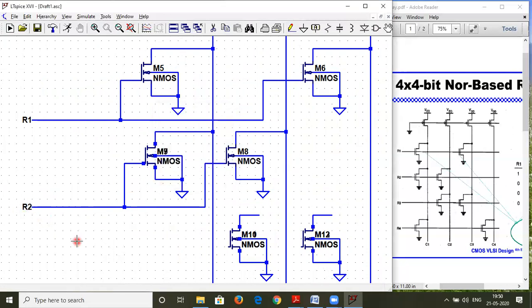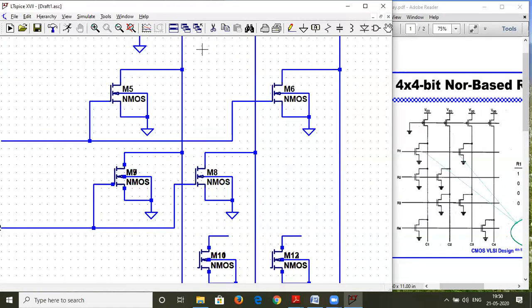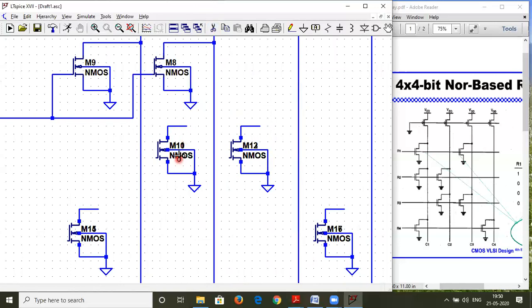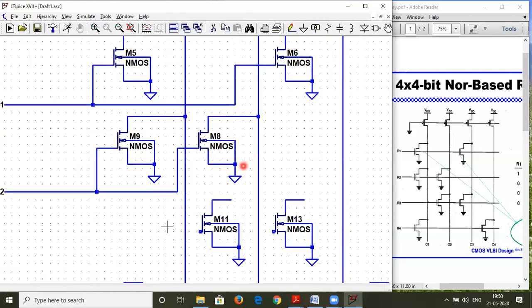Now we'll go to the third case. For the third case, I think we have selected double MOSFET, so we have to delete it. Yeah, there is a problem. We have selected double MOSFET, so we will have to remove it. Now it's all proper. Now they are all single MOSFETs only, as we have in the circuitry.